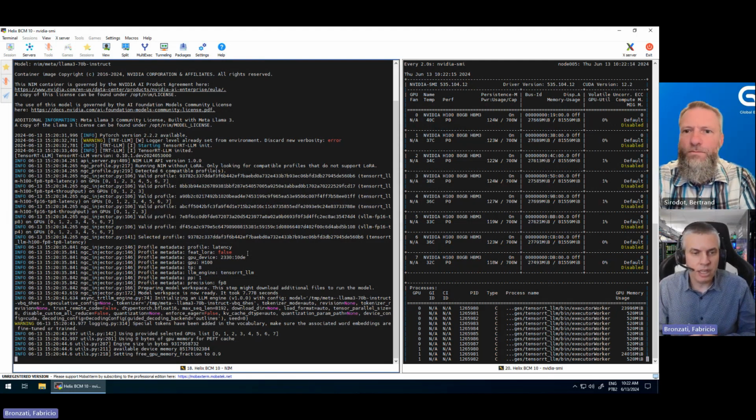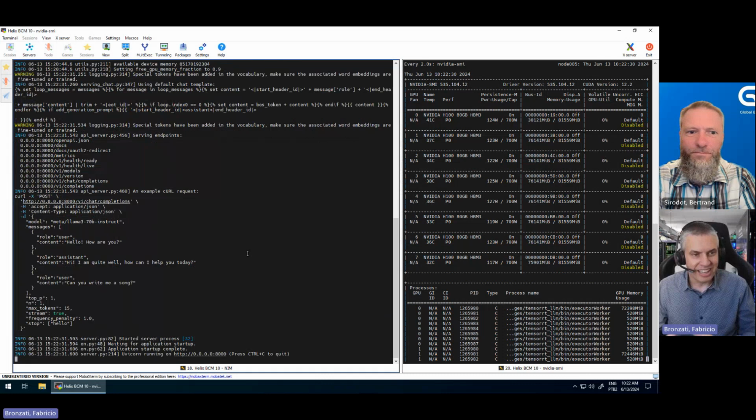One good thing here is that NVIDIA adopted the OpenAI API. So it's very easy to test with Llama 3 instead of ChatGPT with just a couple of changes in the code.